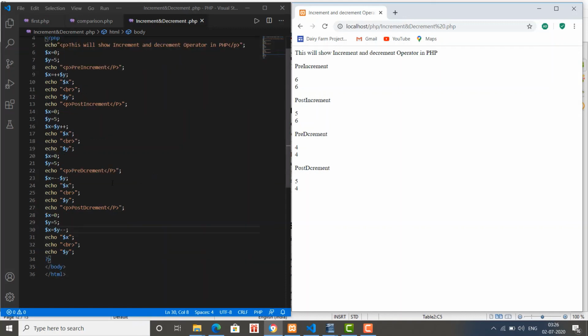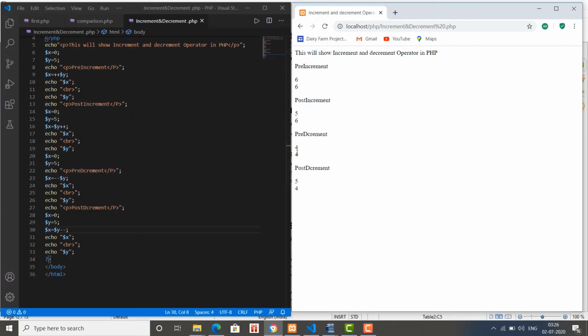What is going to happen in this case? Initially x's value is equal to 0 and y's value is equal to 5. In the pre-decrement it will first decrement the value and then assign it. So 5 becomes 4, and in the same way the x value becomes 4, so it returns x and y equal to 4.